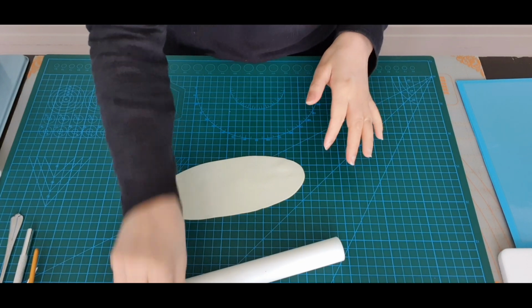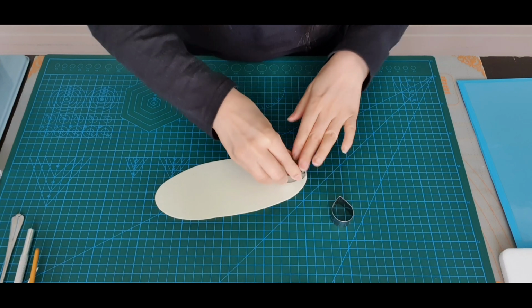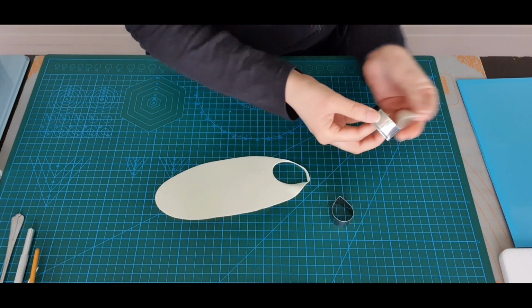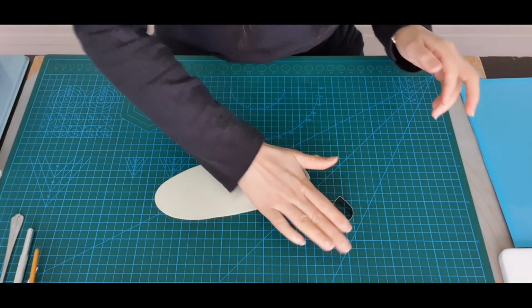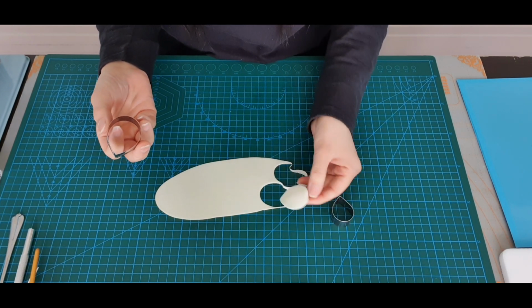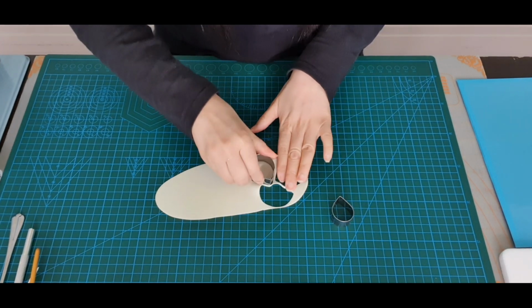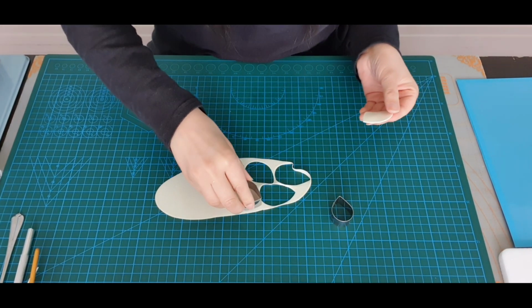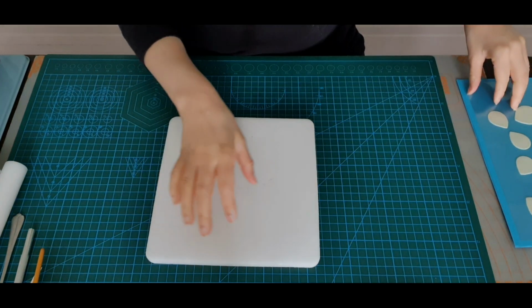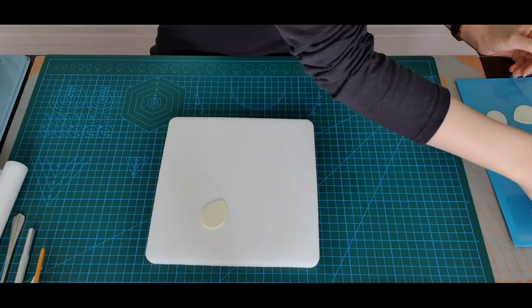And then we're going to use our smallest petal cutters, and we're just going to cut out 2 of each size and just place them in our storage board. Or because we're doing 3 lots of these, you can also cut out some more if you have enough paste rolled out. And once we've cut out all 12 of our petals, you want to take 2 of your largest petals